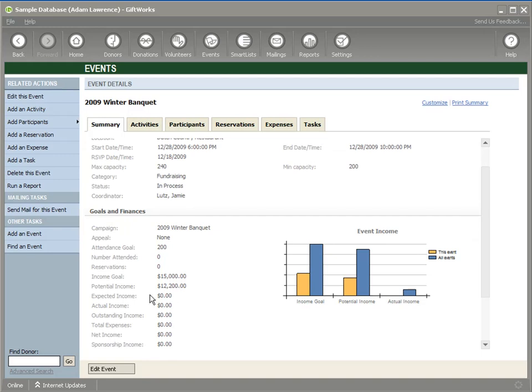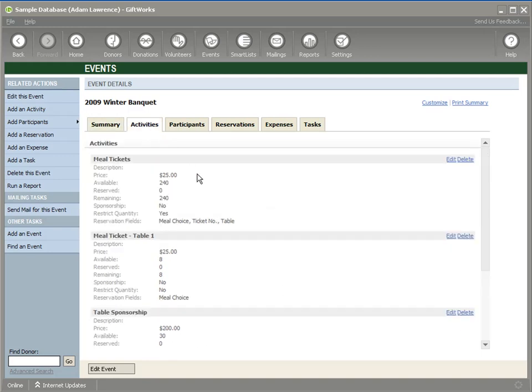Now we have a goal and we have some potential income, not any actual income yet, but some potential income, and that's based on the activities that we set up. And if you remember, we set up 2 different types of meal ticket activities. Just to give an example of the flexibility within events, there's different ways you can accomplish the same thing. In this case, we have 30 tables at our banquet with 8 per table, so there's 240